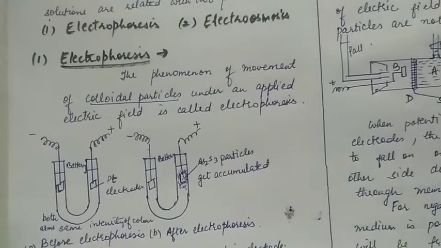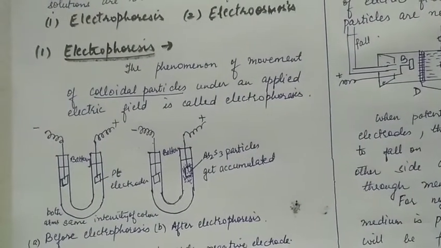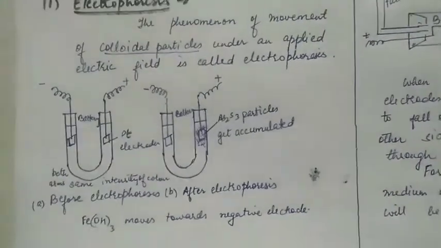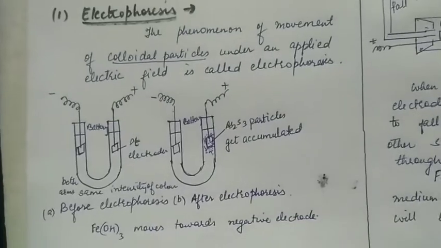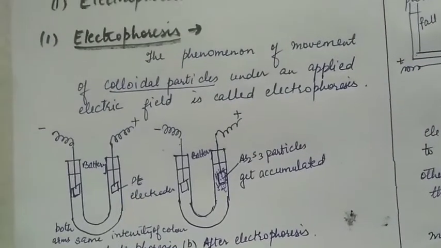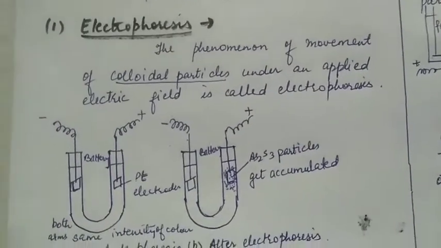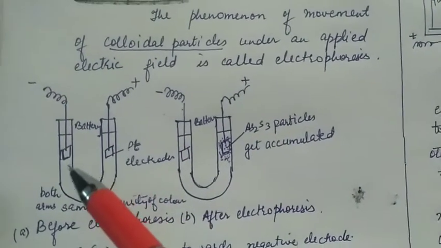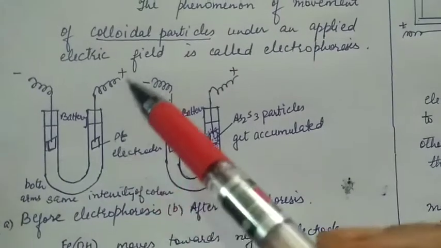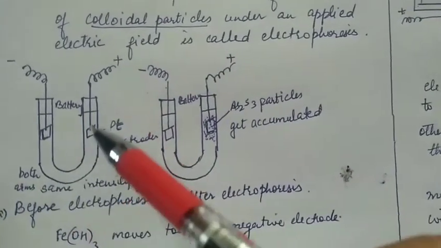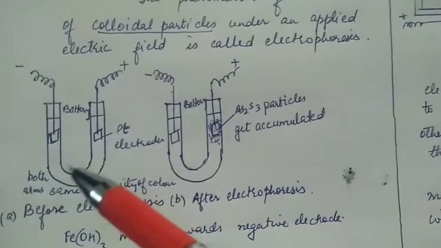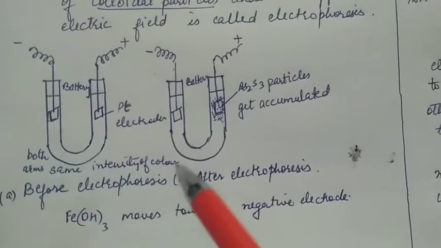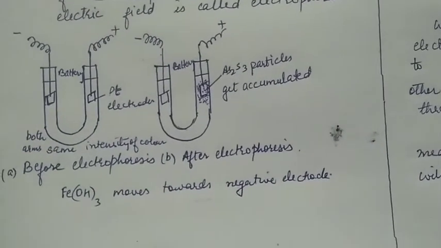Electrophoresis, the phenomenon of movement of colloidal particles under an applied electric field, is called electrophoresis. So in electrophoresis, we add a colloidal solution to a U-shaped tube, and we have dipped platinum electrodes in the colloidal solution. Before applying potential, this is the condition: both the arms have the same intensity of color of the colloidal sol, arsenic